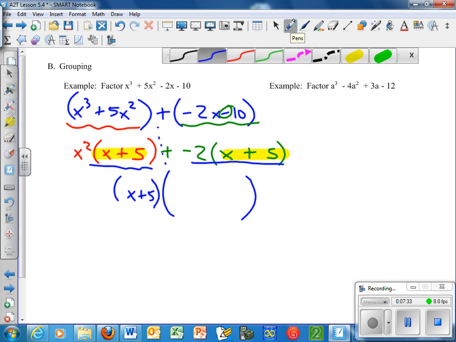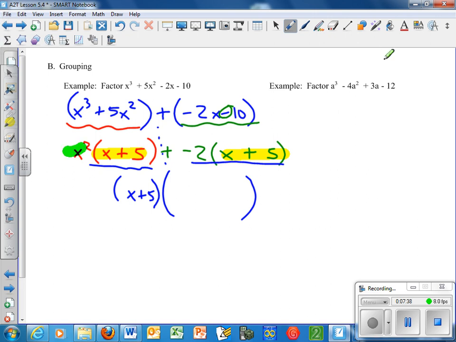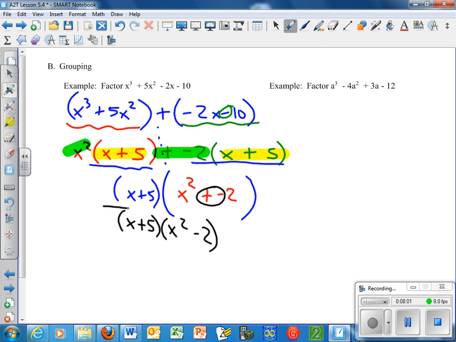You are left with this and this. So everything that is outside of parentheses. So I'm left with x squared plus negative 2. Now let's rewrite that. So I really have these 2 binomials, x plus 5 times x squared, and I'm going to write this as minus 2. Okay, and that is your final answer, a binomial times a binomial, which is usually what you have when you